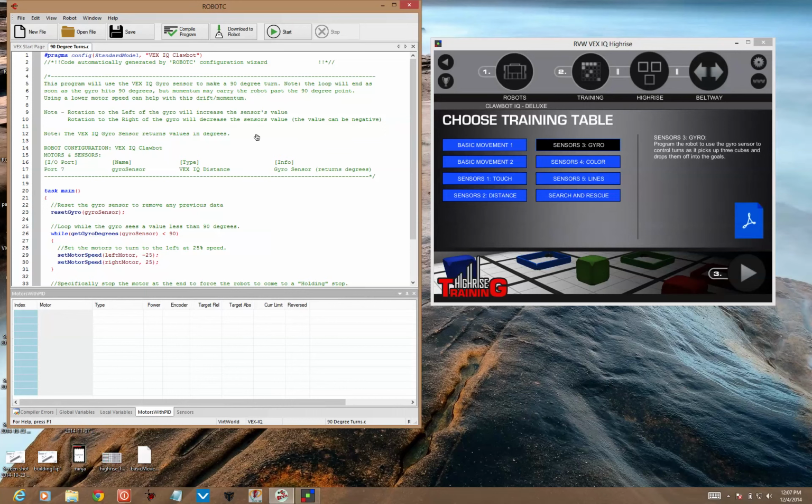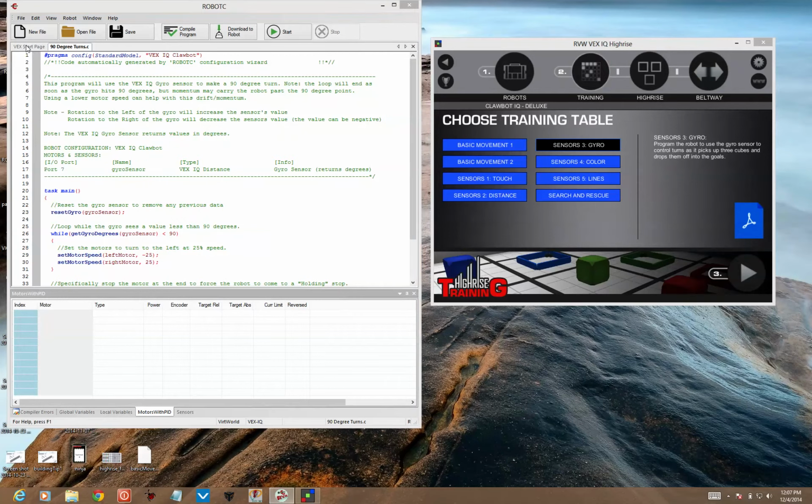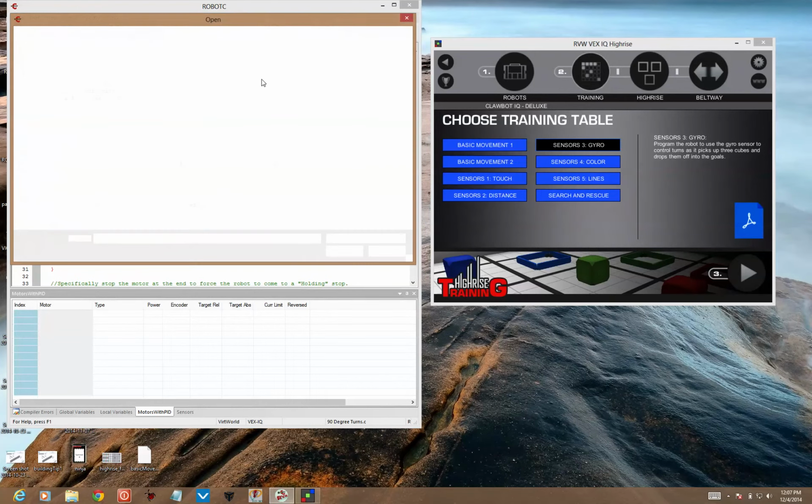Okay, so now we're looking at the Sensors3 challenge. It uses the gyro to control the turns of the robot. I'm going to take a look at the sample code that we have on 90-degree turns in RobotC. If you go to Open Sample Program, you'll see it under VexIQ, the folder, and then Gyro Sensor has